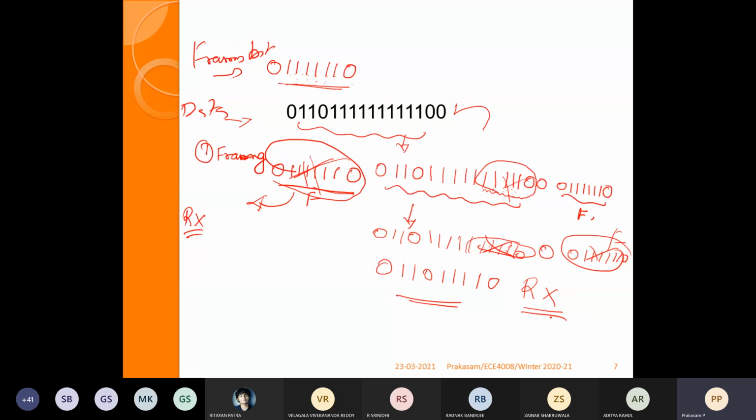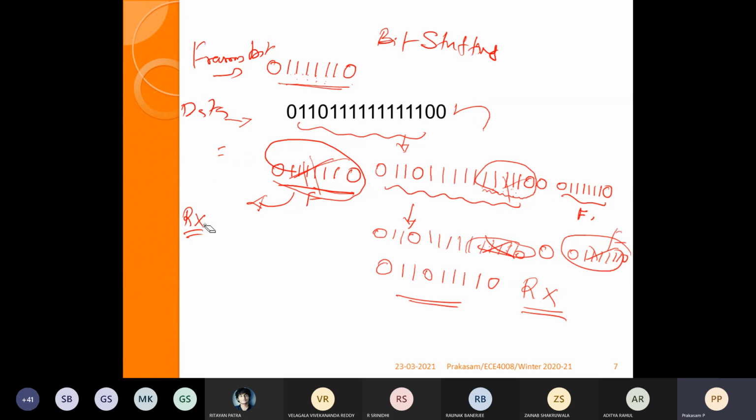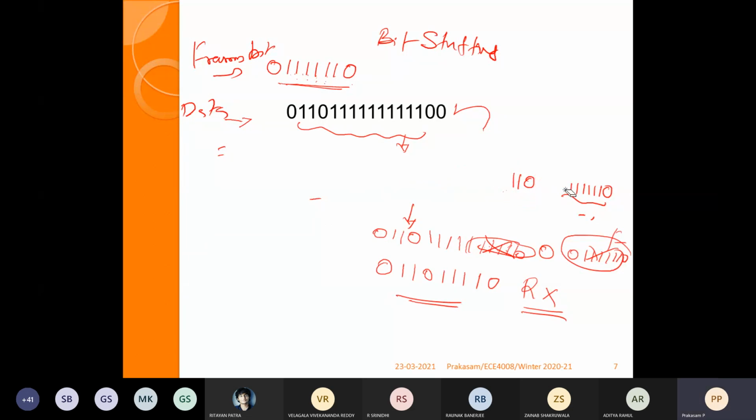If we are not going for any stuffing, adding additional bits into the frame, then due to this framing procedure on the receiver side, sometimes we may lose the information. To overcome that, we go for stuffing. Since this involves adding a bit, this is nothing but bit stuffing. If we go for stuffing, we can eliminate these types of errors in the receiving bits.